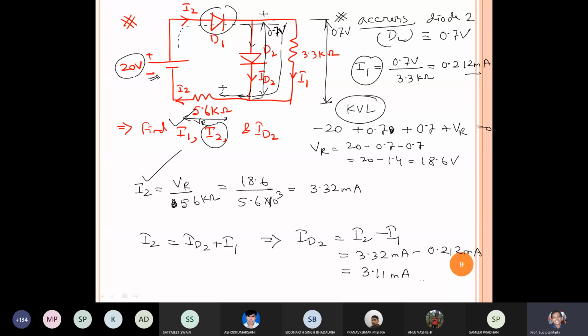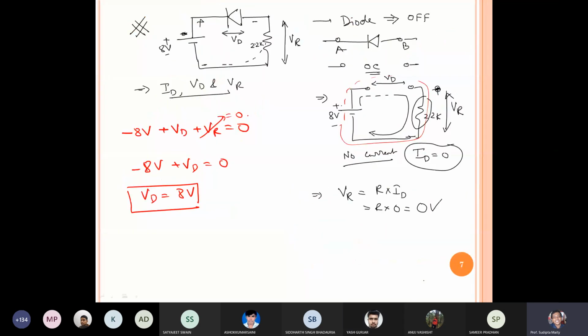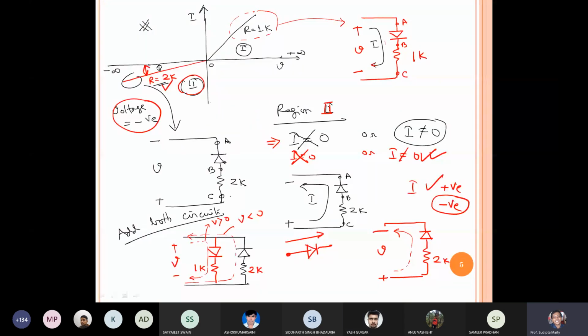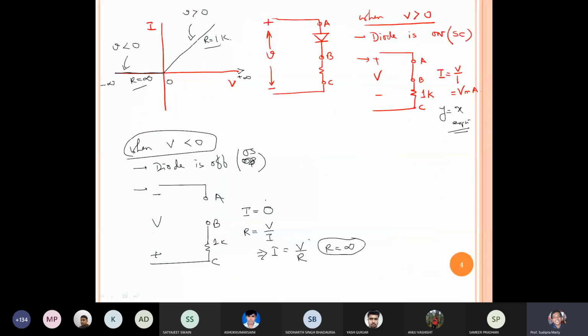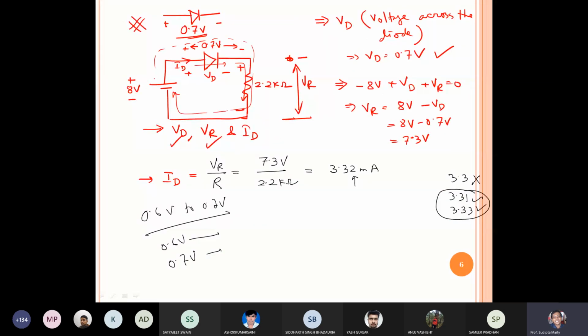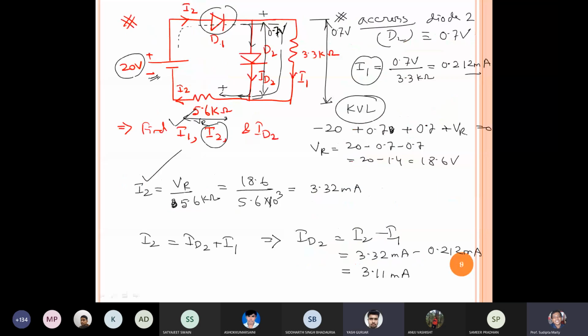Sir, across diode 1 what should be the potential? Across the diode it will be 0.7, yes, 0.7 always, because we are assuming a real world problem. For approximate analysis, I have to plot one kind of graph, as shown over here. Then you can assume 0 volt, because we are doing approximate analysis. But here we are not doing approximate analysis, so that's why we have to assume it should be 0.7 volt. Is it clear right now?